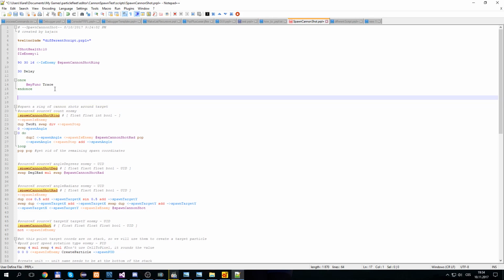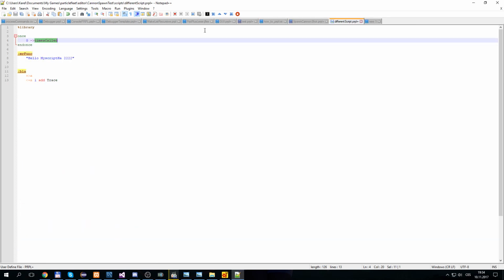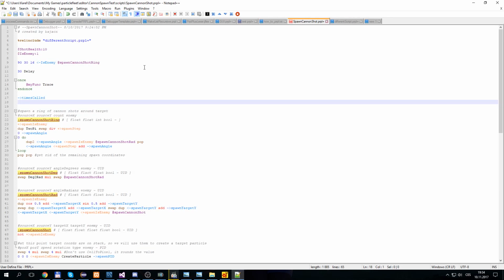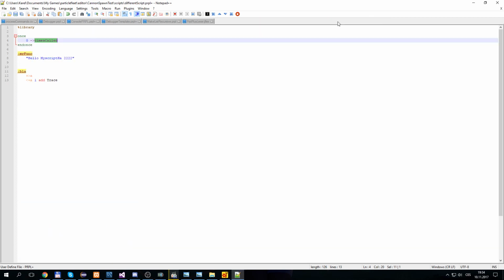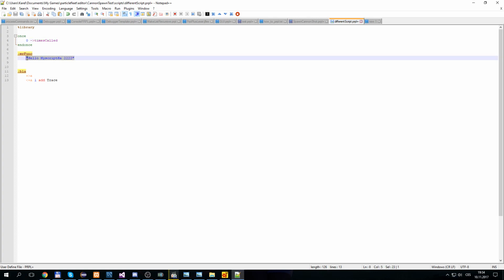Doesn't matter if I access it as a global, as a normal variable like this. These two are different. Doesn't matter if I access it as a script variable here, because this script variable is different than this script variable because it's in a different script, right? So what we can do is count how many times this function was called. So if it's called for the first time, we want to return 1. So every time it is called, we need to increase this